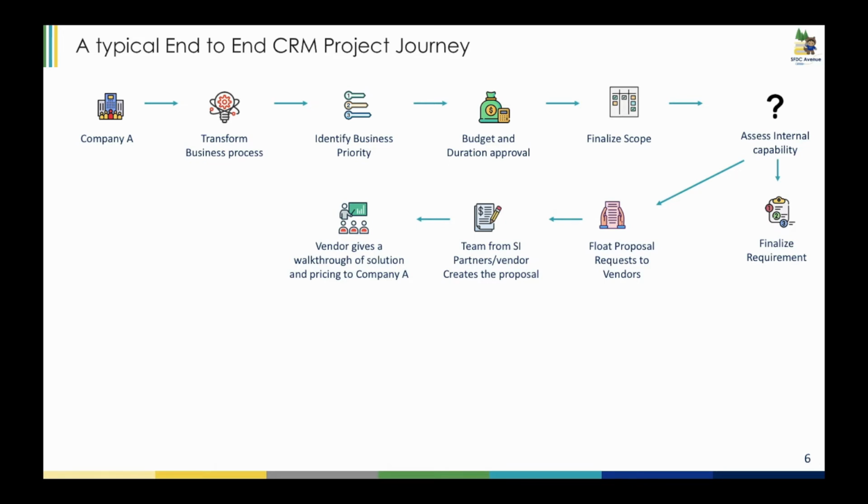So after all those negotiations, finally Company A will select one vendor, the statement of work will be signed, the contract will be signed, and the implementation will be kicked off. The first logical thing in any implementation is the discovery and design phase, where people from the vendor side, mostly architects and business analysts, will talk to the company to understand their technical landscape and understand the requirements in detail. If there is any clarification, they will get it from the company, and